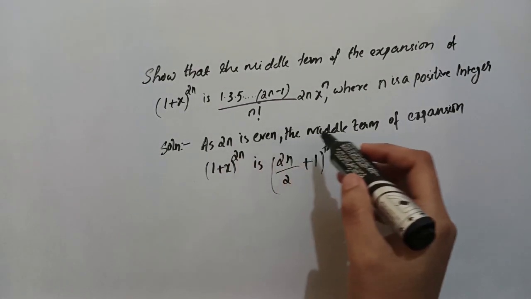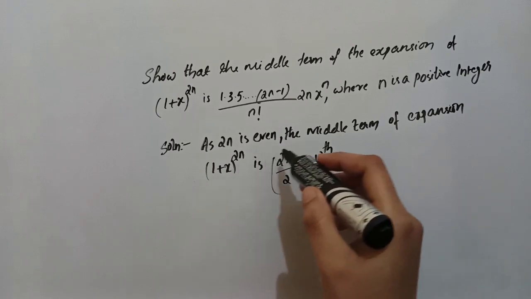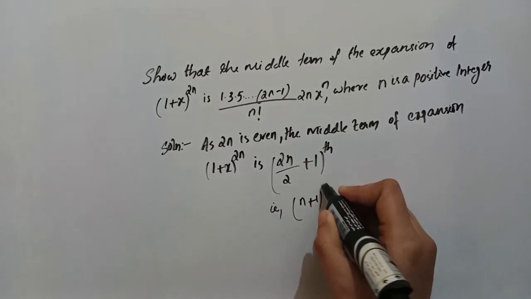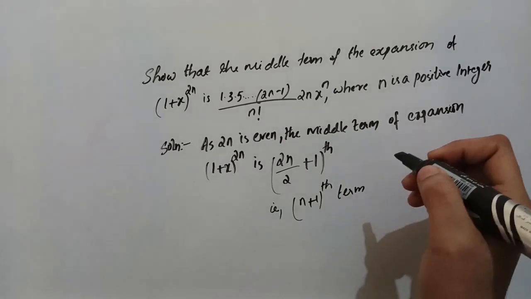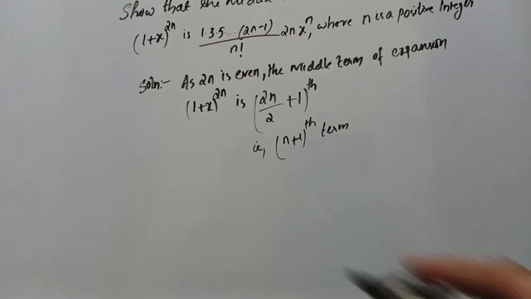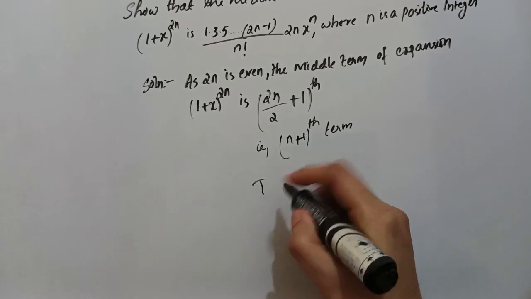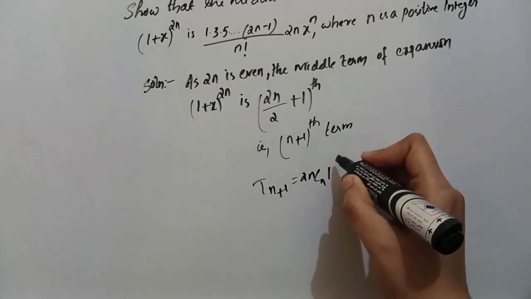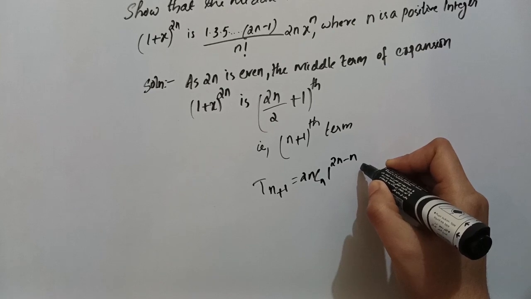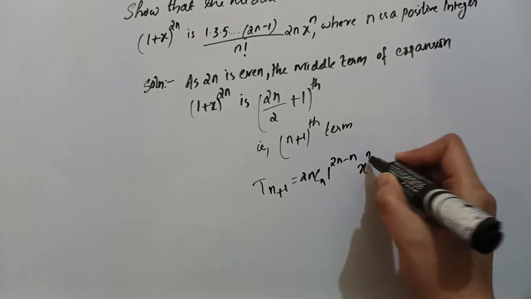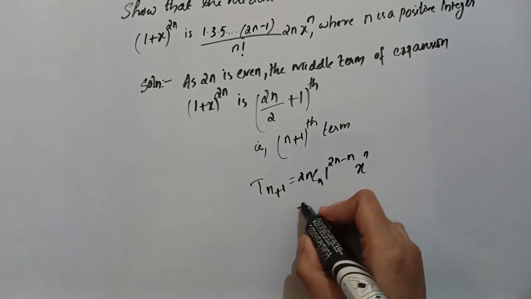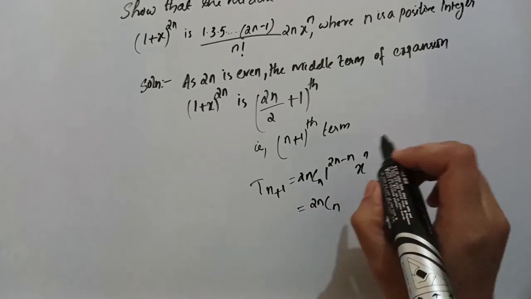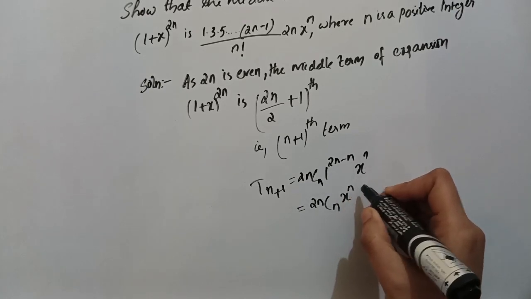Solution. As 2n is even, the middle term of the expansion (1 plus x) all raised to 2n is the (2n by 2 plus 1)th term, that is the (n plus 1)th term. The (n plus 1)th term is the middle term of the expansion. Therefore, T of n plus 1 equal to 2n Cn 1 raised to 2n minus n and x raised to n, which is equal to 2n Cn 1 raised to 2n minus n equal to 1, then x raised to n, which can be written as